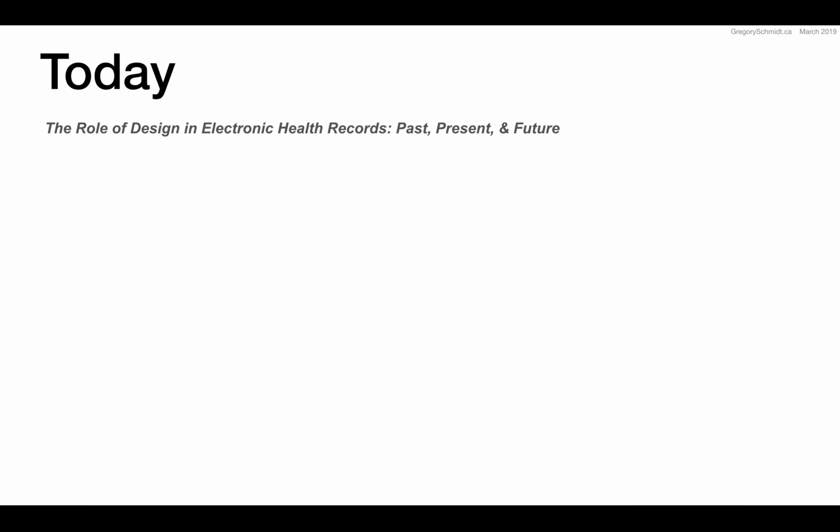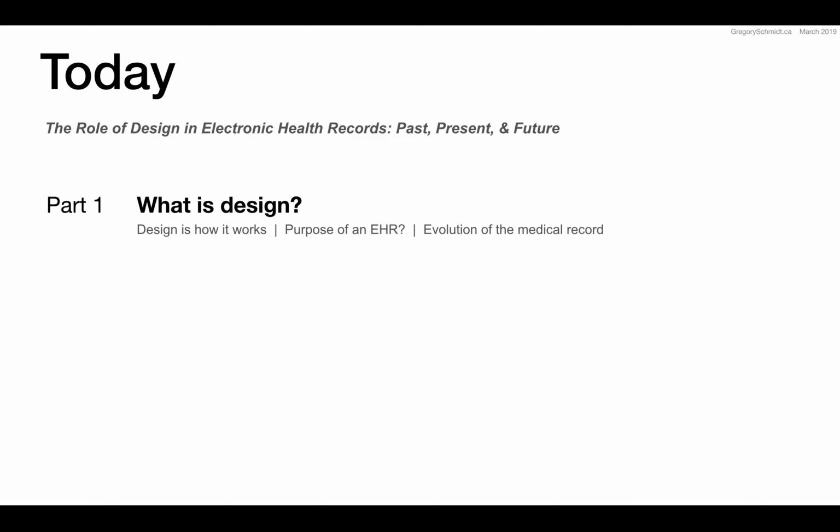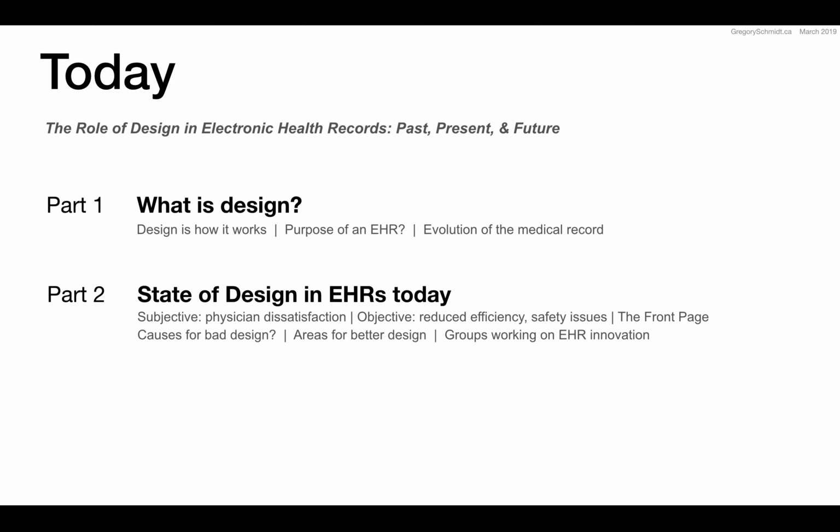And so today, we'll go through three parts. The first part talks about what is design. We're going to look at how design is how something works. We'll talk about the importance of having a purpose in relationship to a design. And then we'll look at the evolution of the medical record and the changing of what that purpose might have been over time. Second, we'll talk about the state of design and the EHRs today, starting with some subjective data,